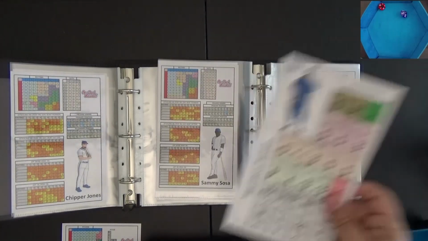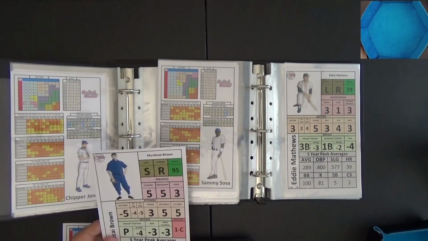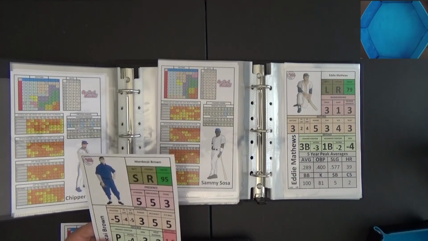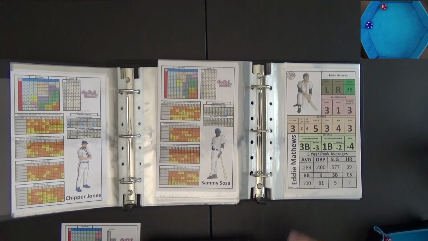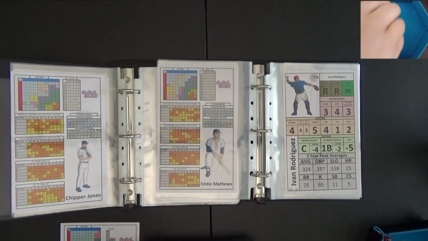Eddie Matthews will be the batter against Mordecai Brown, who has been pitching fantastically in this game. The left-handed batter. It's going to be equal roll. That's going to be a batter's card for Matthews. We'll see if the Captains can get something going here. A 6-9 is going to be a walk, so they do have a man on, and Ivan Rodriguez will be